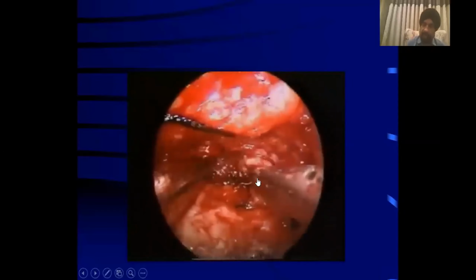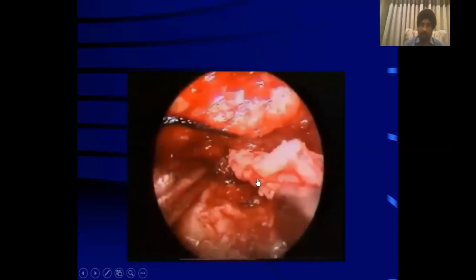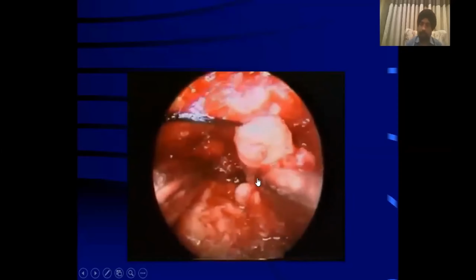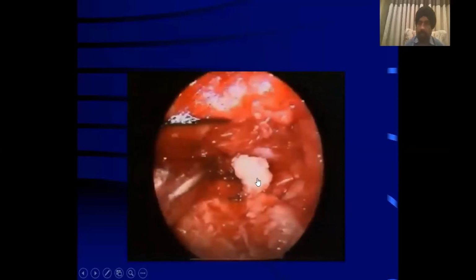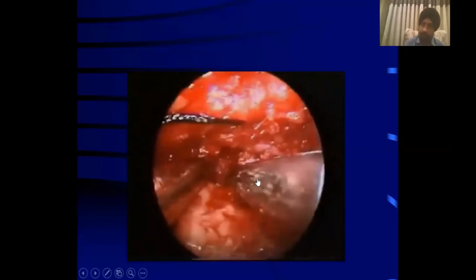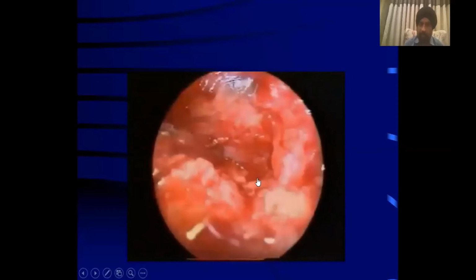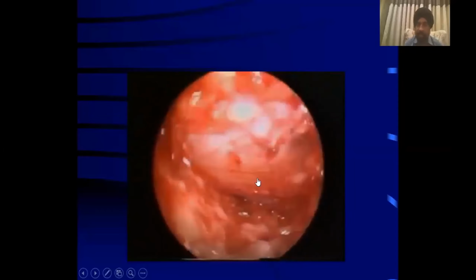And here it was a large fragment lying there, which has been removed. And now the nerve root is free and it has been decompressed completely.